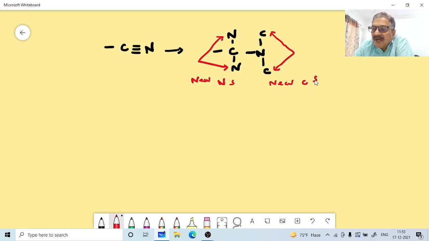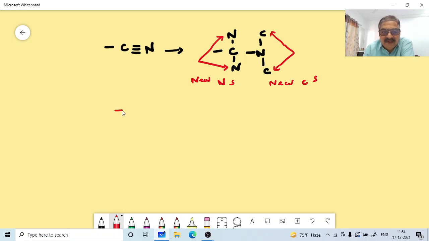What is the point? The bond between carbon and hydrogen is unchanged usually, because it was originally a single bond. We have seen this in the case of aldehydes. Now the aldehyde is like that. Now it is C triple bond N, and 2 new nitrogens and 2 new carbons we have added. An imaginary carbon is also added here. These are all imaginary bonds, imaginary groups here, because we are breaking that multiple bond.